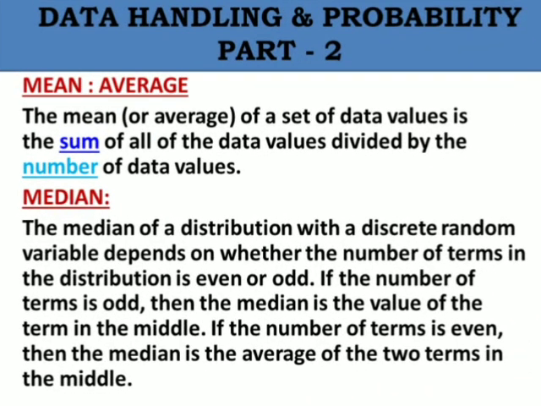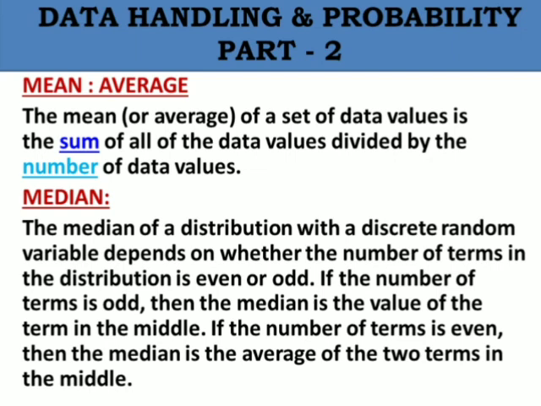So by now, we have a clear understanding on how a particular data set can be organized. Now let us look at few important representative values. First one will be the mean or the average. The mean of a set of data gives the average of data. The mean is calculated by adding all the values given in a set together and dividing it by the number of values in the data set.